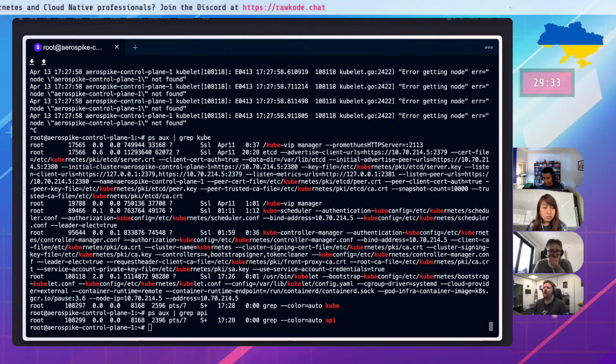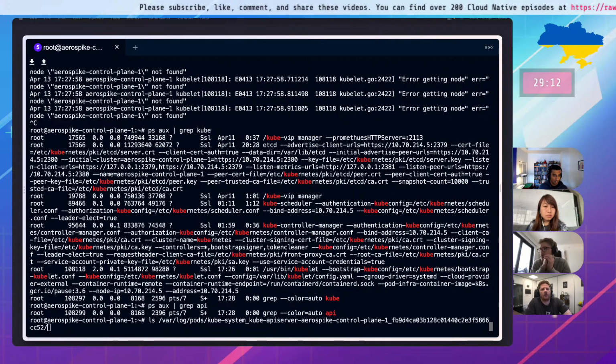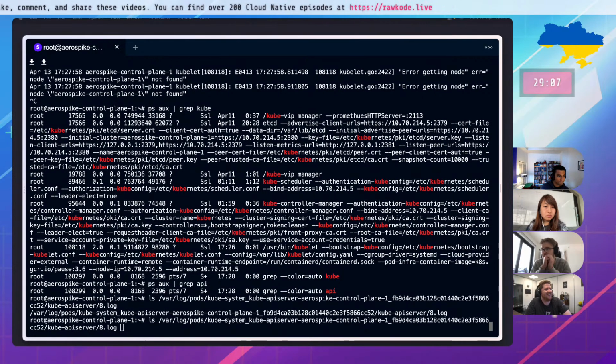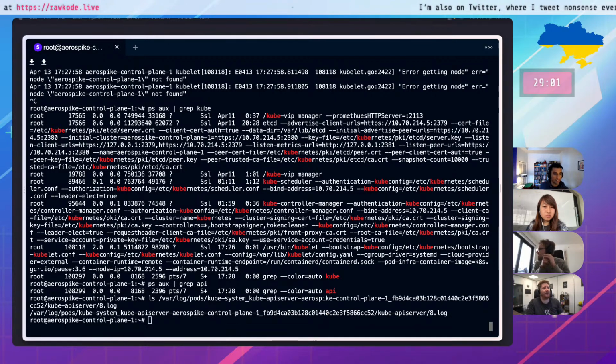We may want to check for API server logs again and hope we get a new pod and container incremented ID. We don't really want to see 8.log anymore. Pods, right? No, Kubernetes pods. No, pods is right. /var/log/pods. Just pods. Kube API. Oh, I think 8.log. Yeah, that's the old one. I mean, you can cat it, but I don't think we'll see anything new from that file.